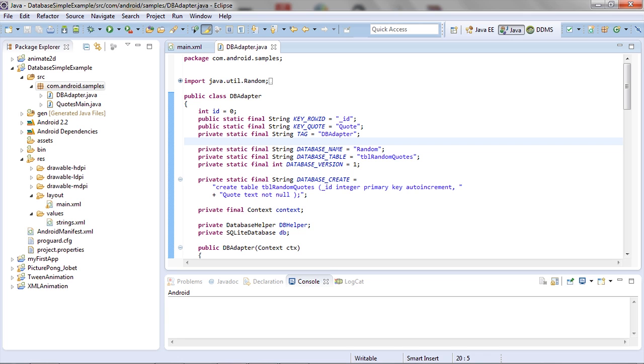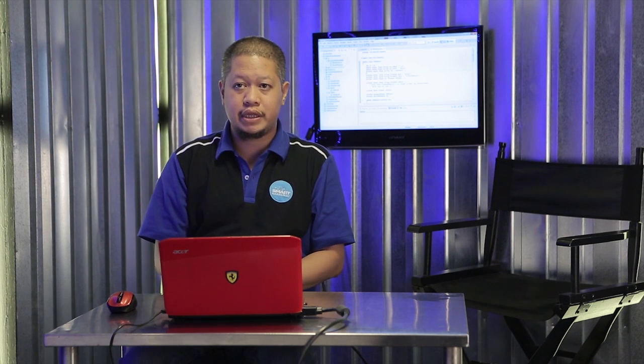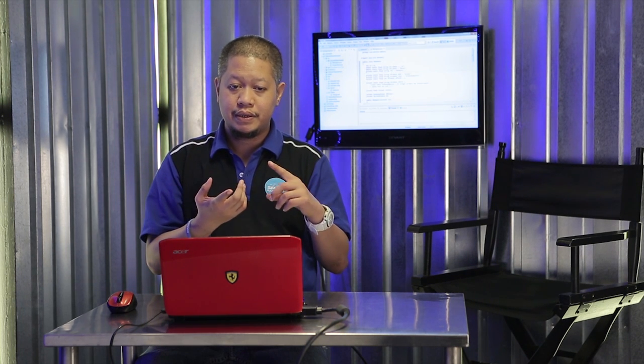Okay, so what you'll see now is a DB adapter class. And why are we doing this? Again, because if we look at this, we have a lot of code written down. This takes care of all the various database operations that you can think of: inserting data, adding new data, updating data, getting data from the database, and deleting data. It's a pretty involved process, and we don't want to bog down our main activity.